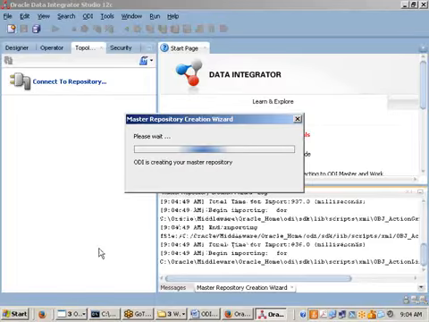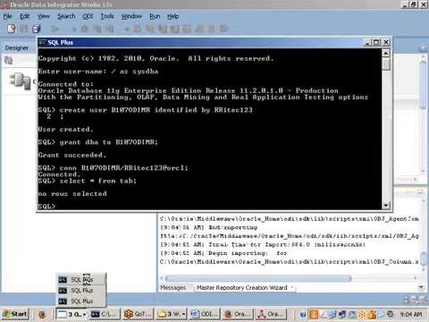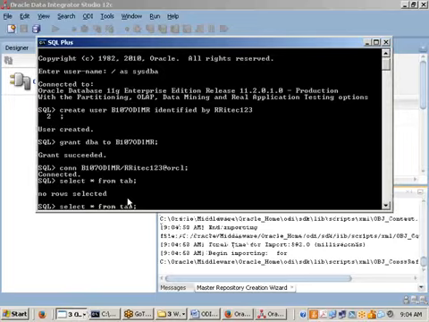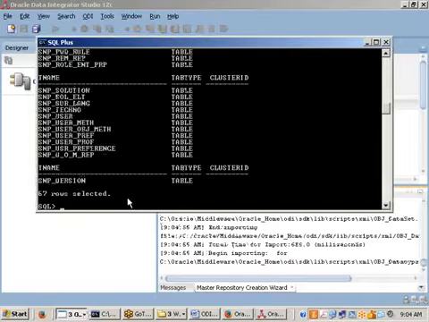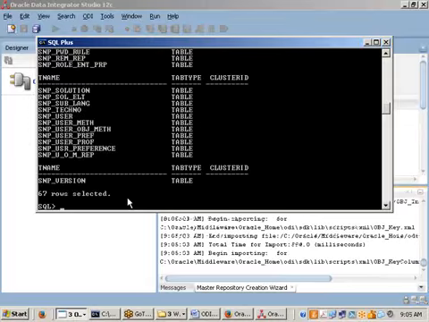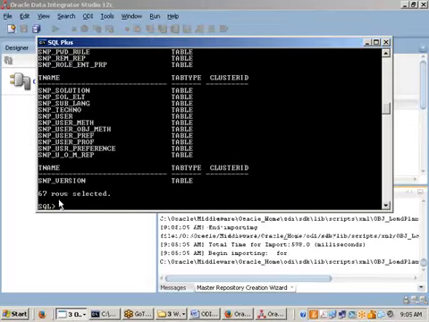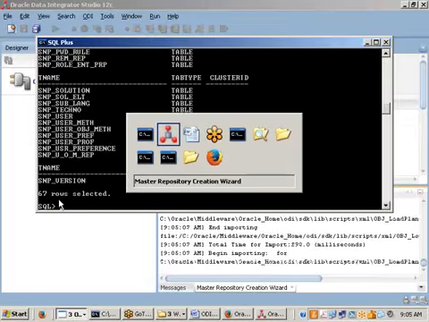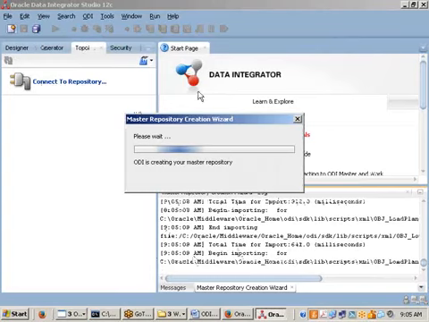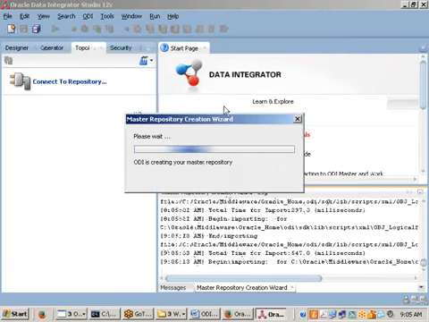If you go and see the backend, let us say in SQL Plus, I am trying to execute the same statement here. What happened, sir? We got 67 tables. Previously, we didn't have any tables. Now 67 tables are created. That's how it is creating the master repository. Now, once it is created,